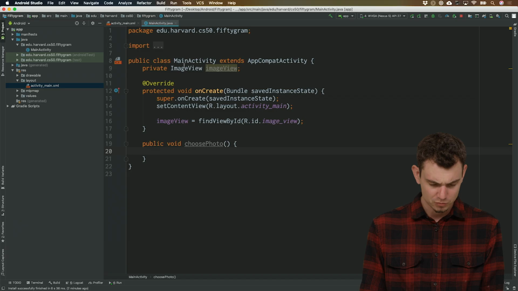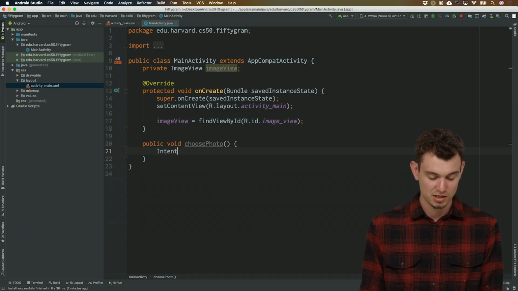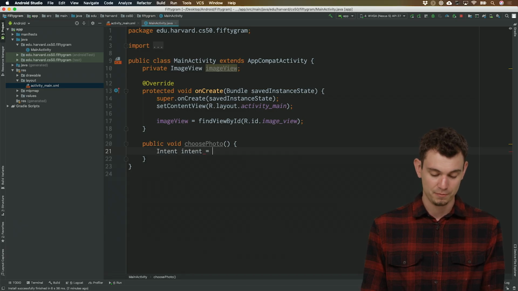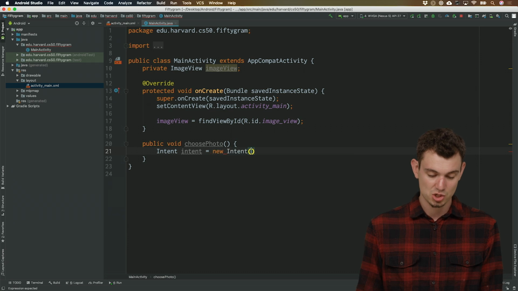This is really nice because it means we don't have to manually write all of this ourselves. It'd be a real pain if we had to write a whole image gallery from scratch right now. Instead, we can just use the image gallery that's already built into Android. So let's take a look. We're going to create an intent, just like we did before. But this time in the constructor, we're going to specify